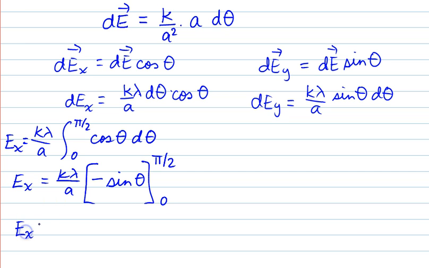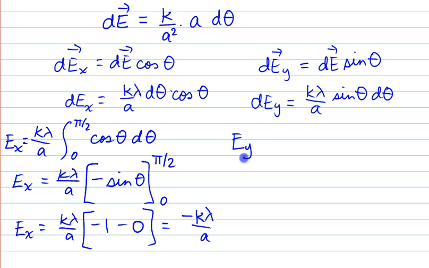Okay, so for this, it's going to be k lambda over a, and then we're going to have the sine of pi over 2 is going to be 1, and the sine of 0 is going to be 0. So that's going to give us an x electric field of negative k lambda over a. And don't worry too much about that negative sign. Remember that our charge is negative, so when we plug that in, we're going to get a component in the positive direction. But likewise, the electric field in the y direction is going to be k lambda over a times